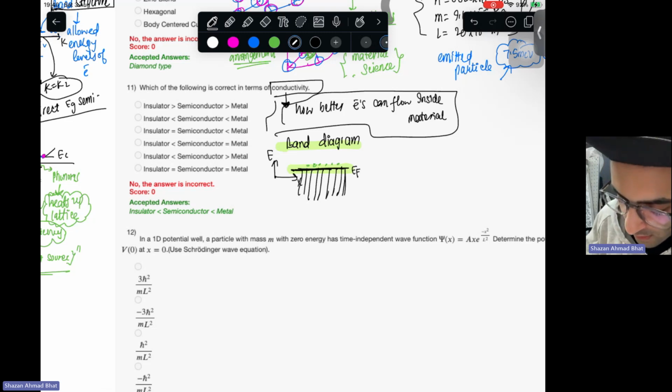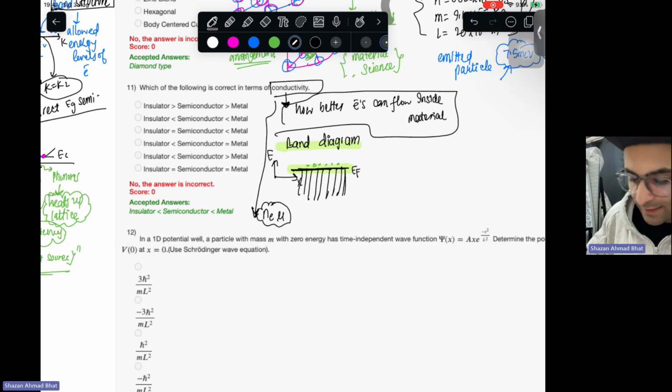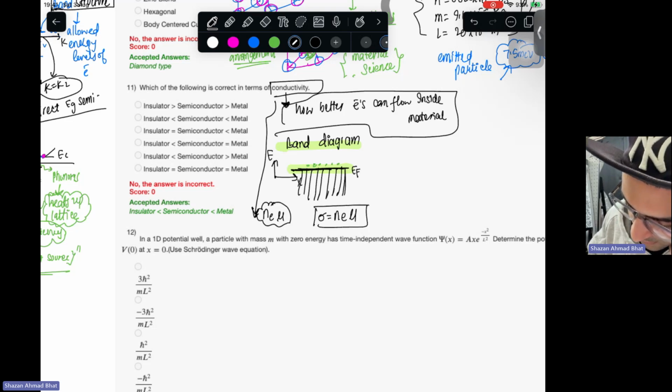Okay, so the conductivity is related to the number of free electrons, and it's also related to the mobility. There's a particular relation for the conductivity: sigma is n e mu. This is the conductivity, which depends on the number of electrons, the electronic charge, and the mobility of the electrons, how freely